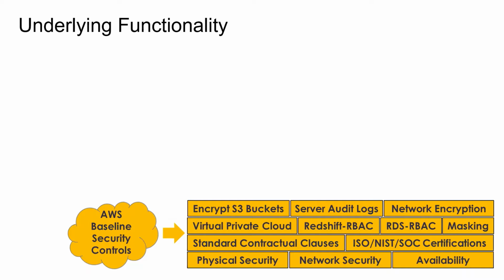Instead of S3 buckets, you've got Azure blob files, right? All of the logging, the network traffic and so on. Instead of RBAC on Redshift, you have RBAC on SQL Server in the cloud, okay? Very, very equivalent. Down near the bottom there, you see the ISO, NIST certifications. You'll see that all these cloud providers have spent the time to go and get independent third-party audits against their controls against these different ISO standards, NIST standards, and so on, or performed SSAE 18 audits on their